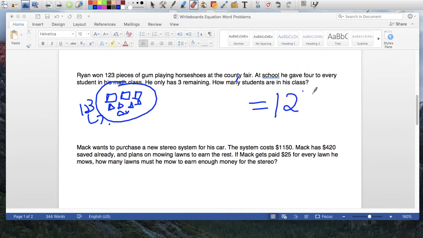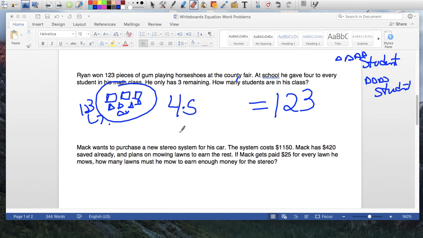The total was 123 pieces, so there's 123 pieces of gum, all right? Now he gave to every student, every friend, every student that he knows, 4 pieces. So this guy got 1, 2, 3, 4 pieces. Another student got 4 pieces of gum too, right? So 4